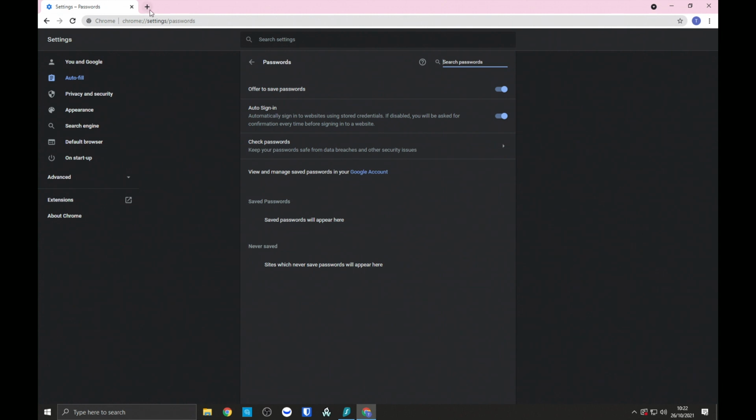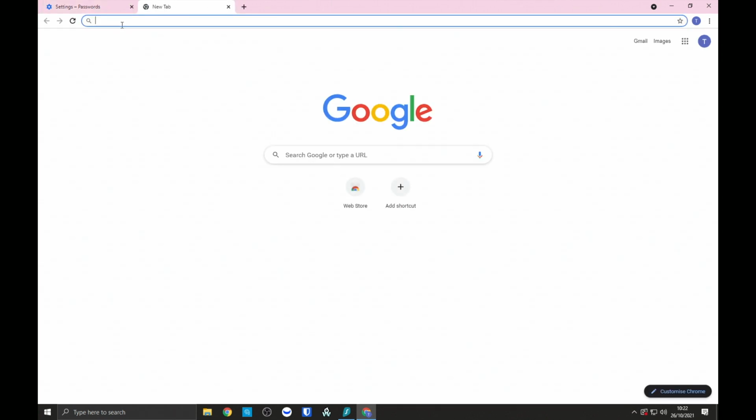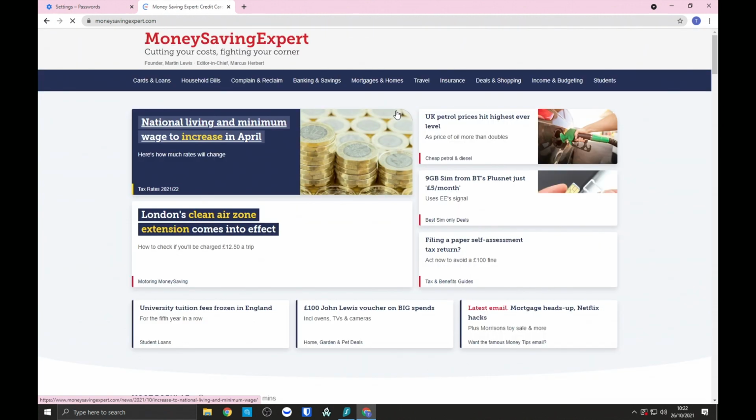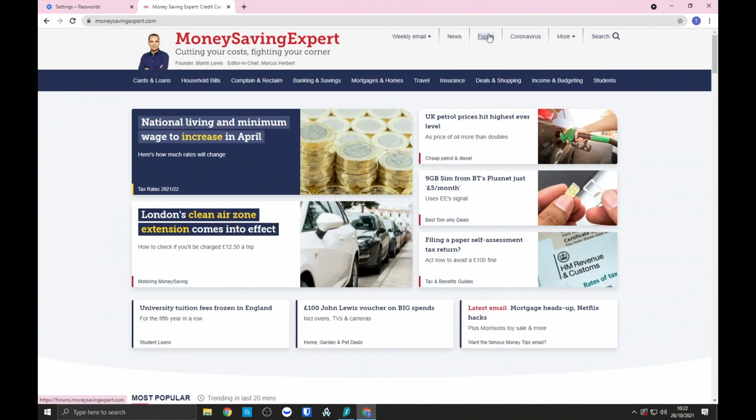So I'm going to show you the process of signing up to a website where I need to make a username and a password. And I'll show you the process of Chrome automatically generating one for me, because it does it really quickly and it generates a strong password and stores it automatically, which is really useful. So I'm going to just go to a website and sign up to it. So in this case, Money Saving Expert. Go to the forum,